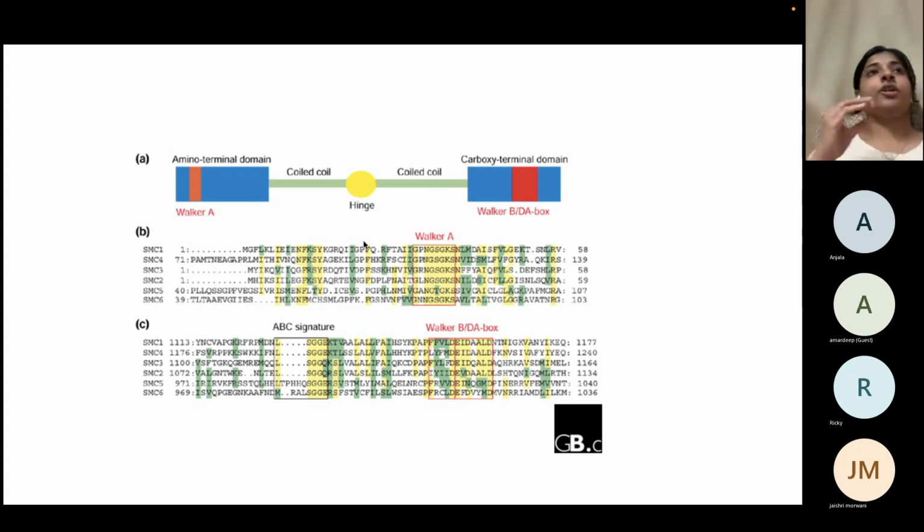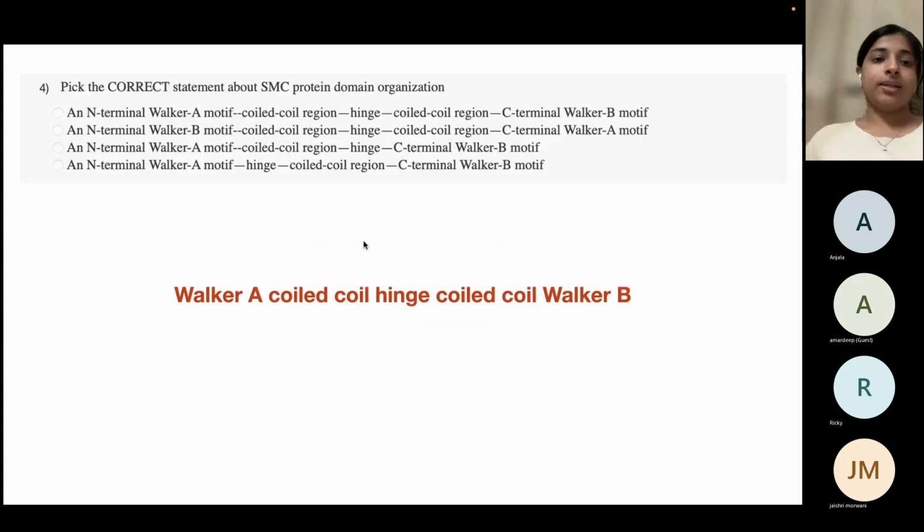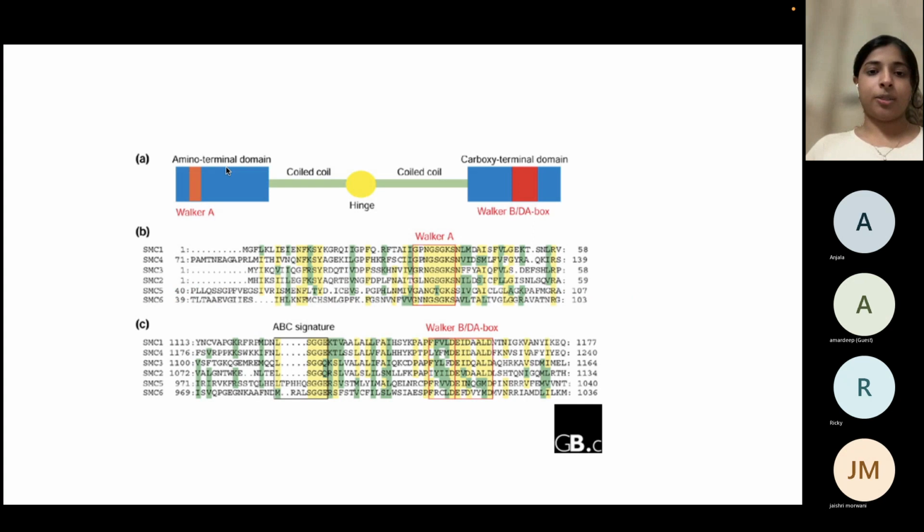This hinge region is what is able to associate one complex with another, forming the heteroduplex orientation that we commonly see. So the answer to this would be Walker A, coiled coil, hinge, another coiled coil, and Walker B. Coiled coils are these intermediary connecting domains that form these coiled regions. And once they're folded upon each other, they coil amongst themselves also, forming a tightly packed region that helps